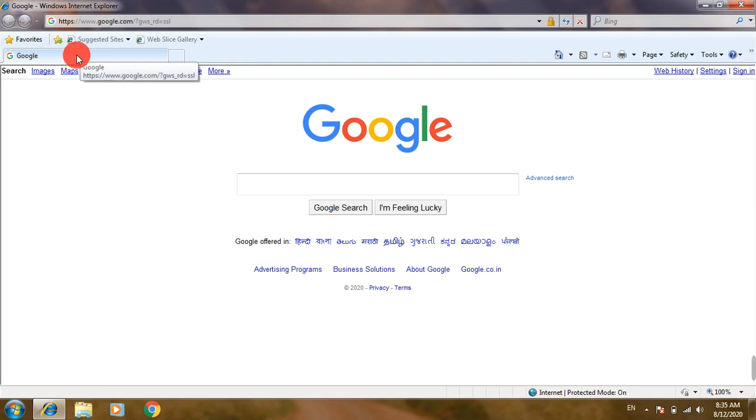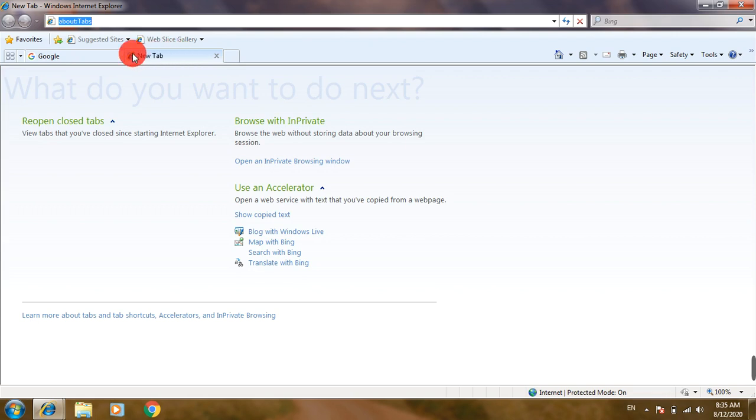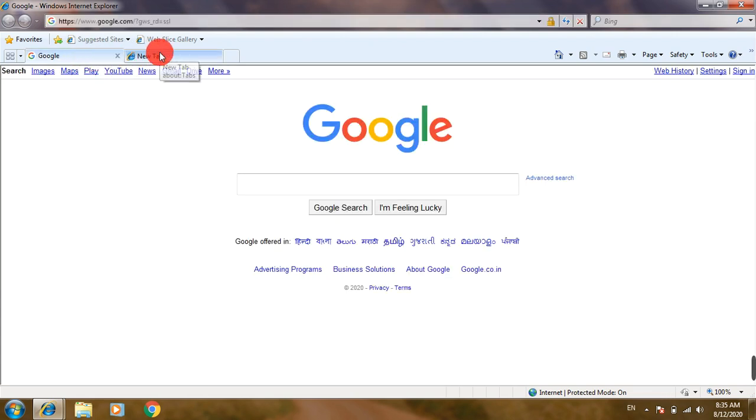This section represents one of the tabs in Internet Explorer. If you click on this button, it will open a new tab in your Internet Explorer. So click here. Now you can see I have two tabs in my Internet Explorer.